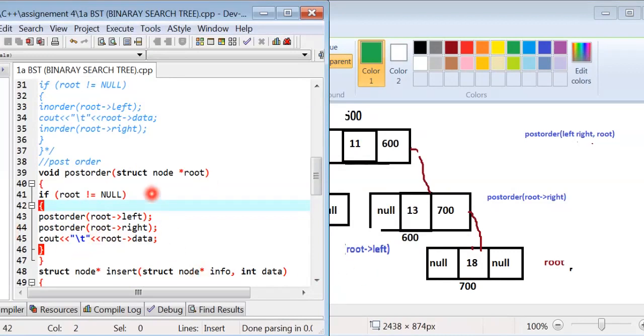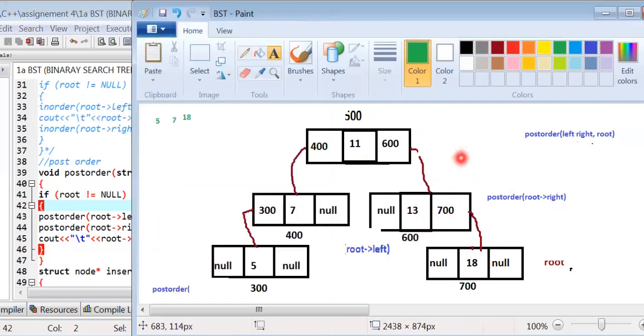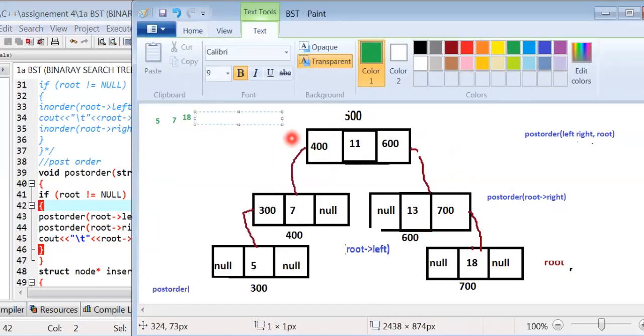The null is inserted in root, root not equal to null, the condition is false. Then the call is terminated, and post-order root right. Now cout root data. Root points to the data part. Data part is 13. 13 is displayed.